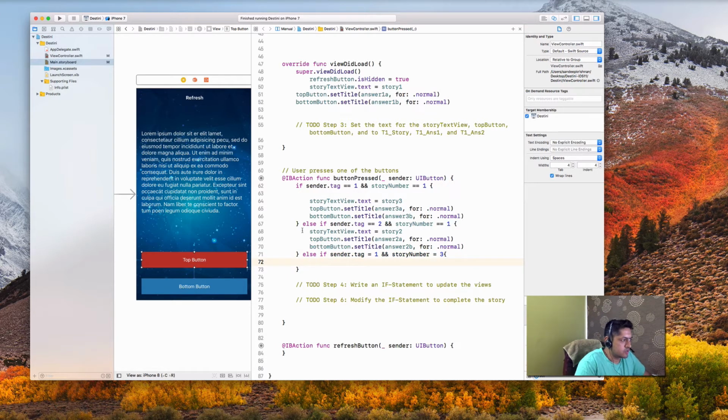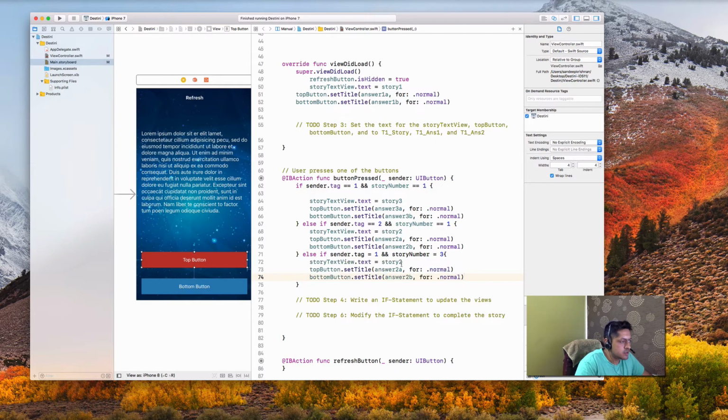Then I need to give the user this particular option, which is 6 in this case,